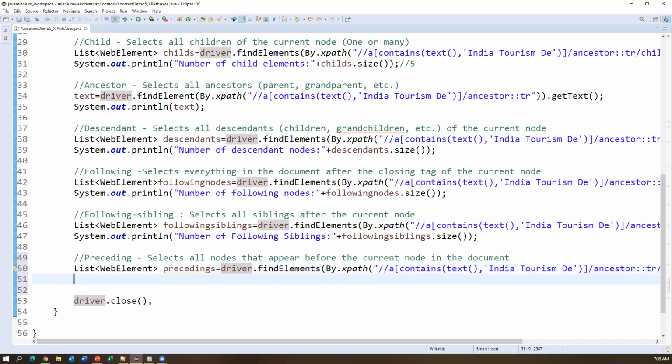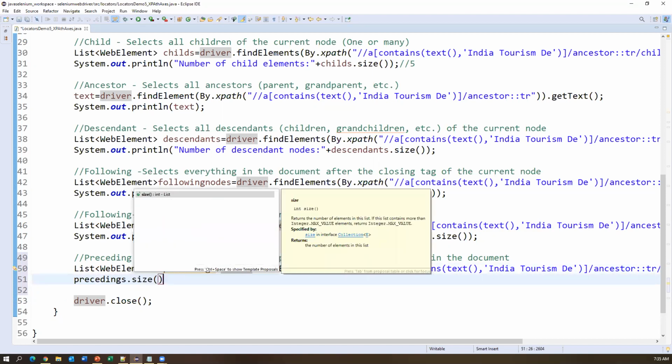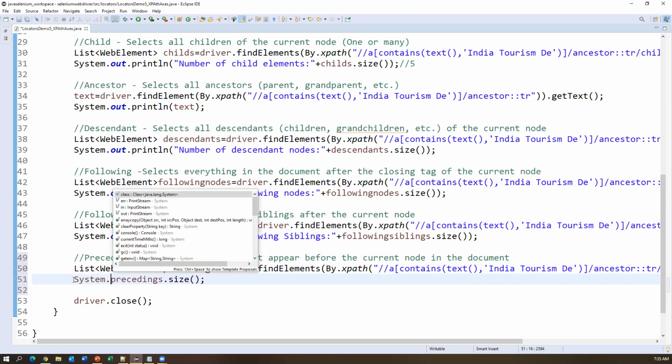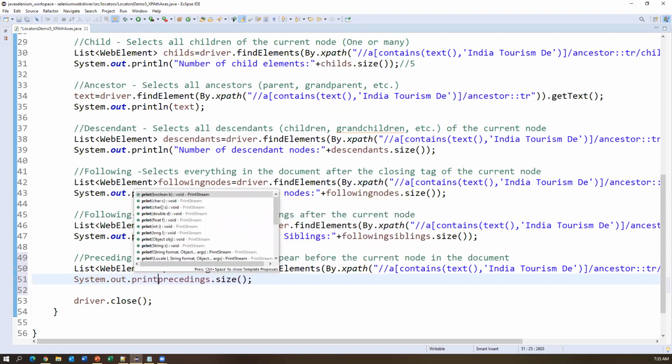Now I want to count them. To count them I can simply say precedings.size, which will count how many precedings there are, and I can print with System.out.println.